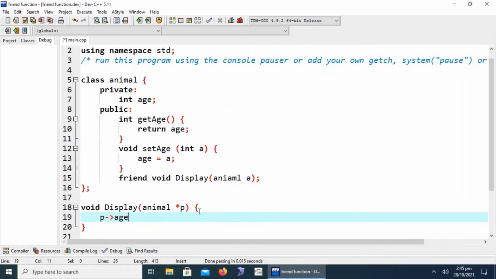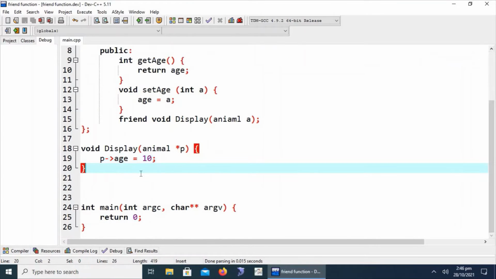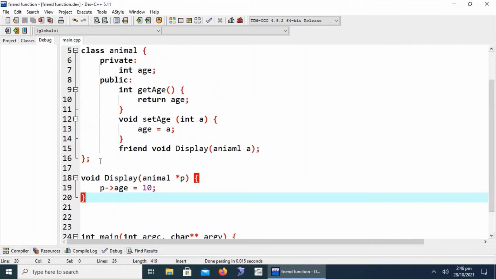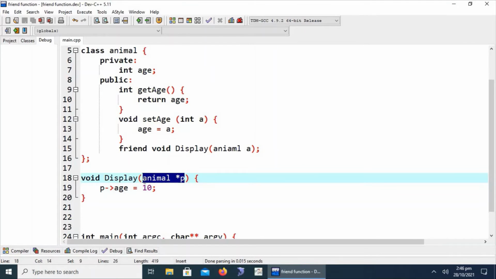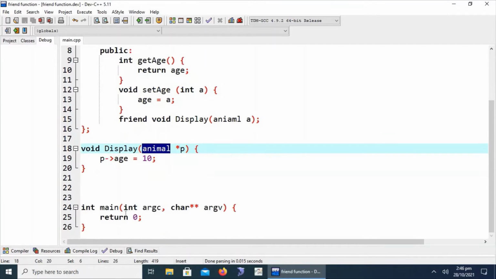Let's suppose age. For the time being we are going to set it as 10. This is basically friend function, and this is argument passing as the pointer to the object of the friend function.